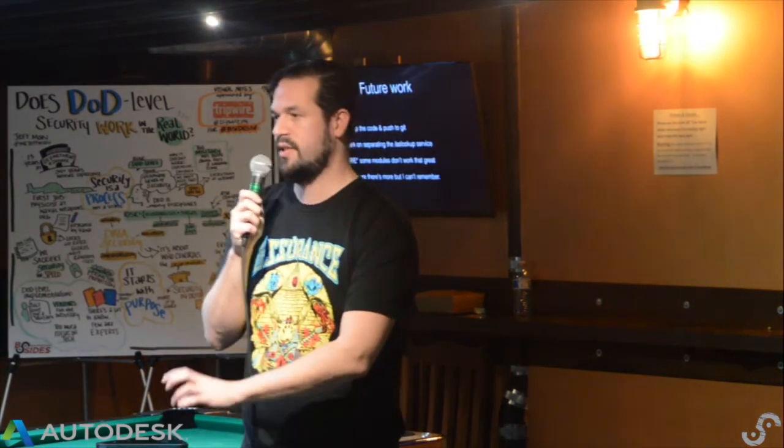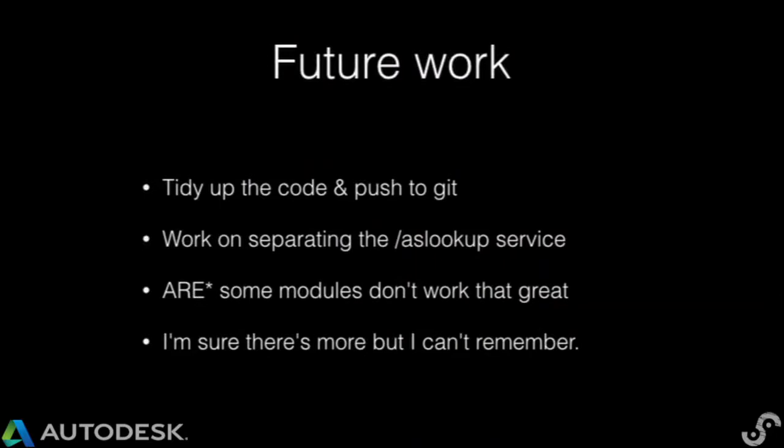Obviously, there's a whole bunch of stuff that I need to do to tidy up. The Aslookup service is super handy, but potentially it's a leak for an IR person to see because we are sending a request back to the beef server, but it's easy enough to spin out onto a different server. I was using some third parties to do ISP lookups based on your IP address, but they kept blocking me at some point, so it's not super reliable. And I'm sure there's more stuff that I can't remember.